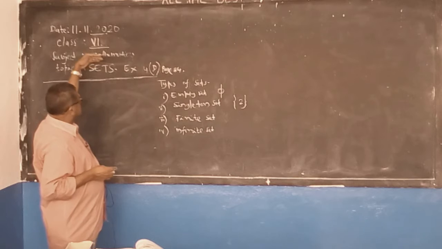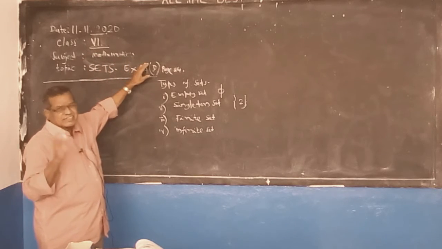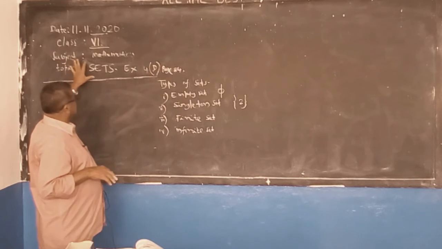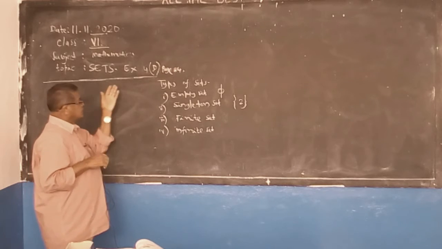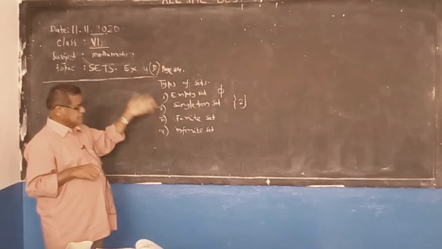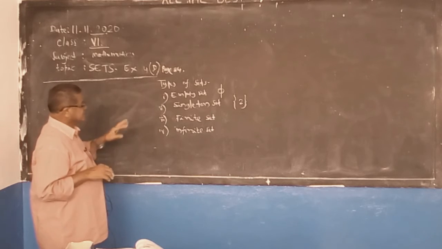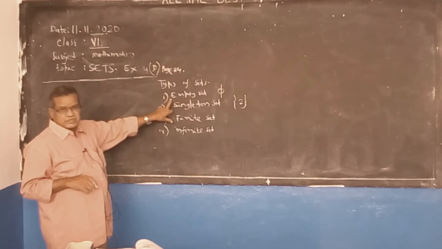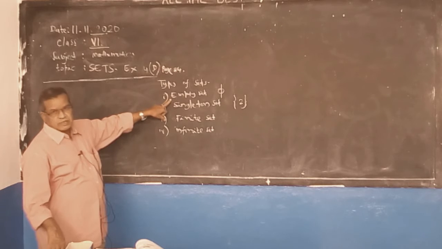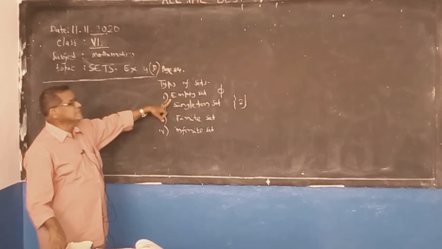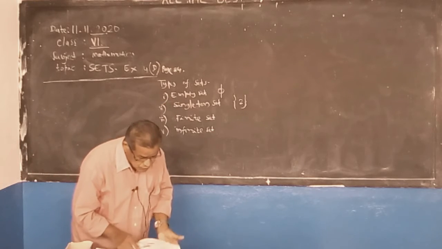It is continued in 7th class, 8th class, 9th class, and in 10th class also there are sets. It is that easy and important. Easiest job, because we all know these elements. We can give surrounding examples like that. Empty set, a set that contains no elements. Just now I explained. Empty set, it is in the name only, a set which contains no elements.